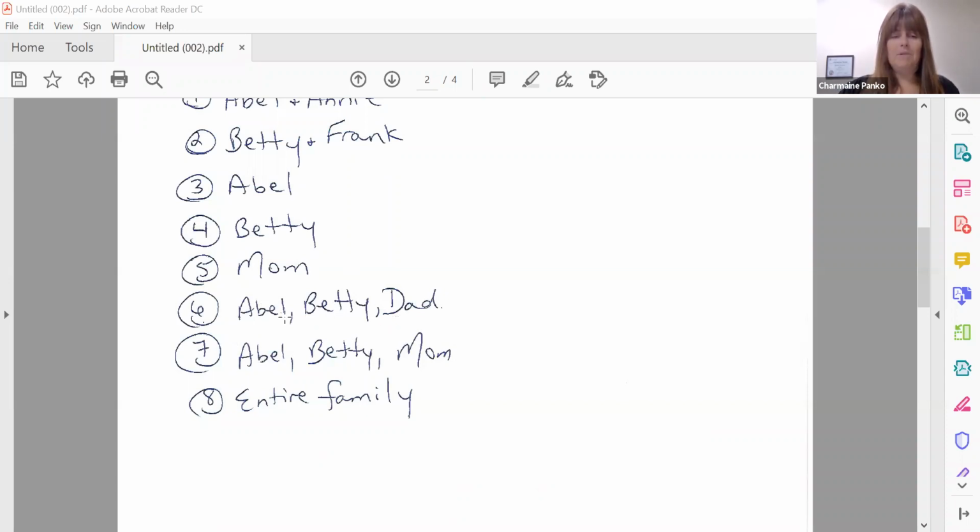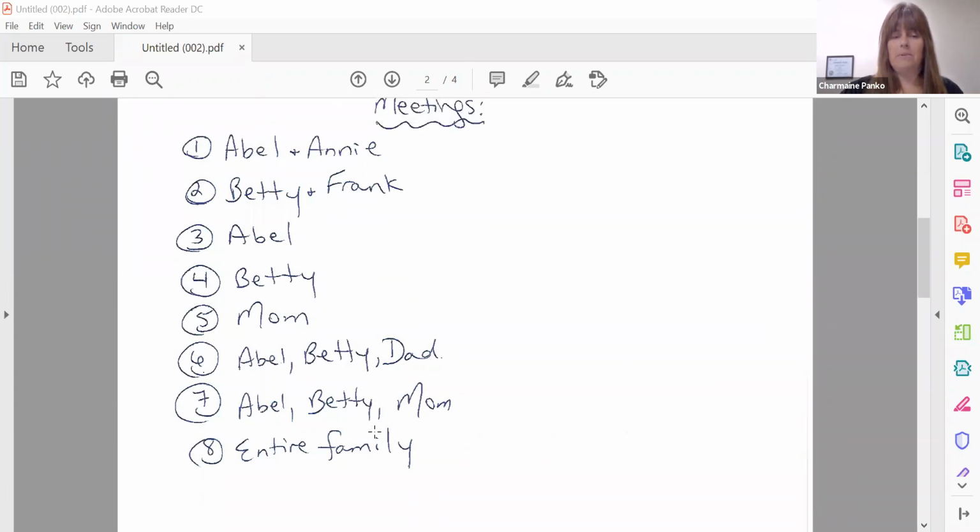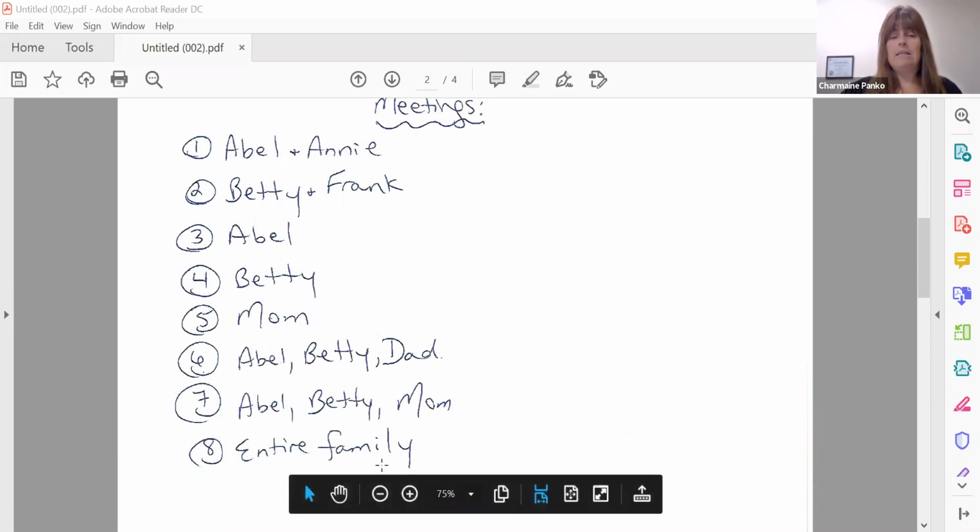So here in meeting number 6, we're having the discussion that's really an interest-based discussion about how to design the process and the penultimate joint meeting that's going to happen between Abel and Betty, and turns out Mom is going to participate in this meeting as well, based on all the information that's been gathered here in these previous meetings. And then after this meeting has occurred and they have canvassed options on what they think might be possible to resolve their dispute, it's then decided that the entire family is going to come to a meeting so that the proposed solution,